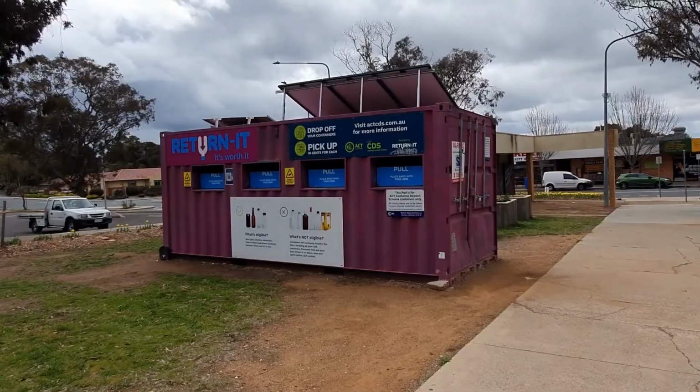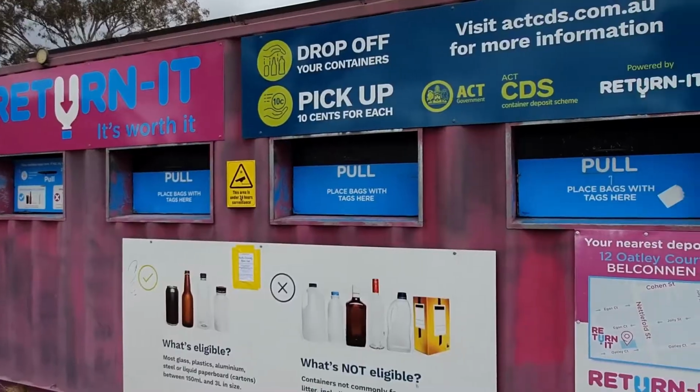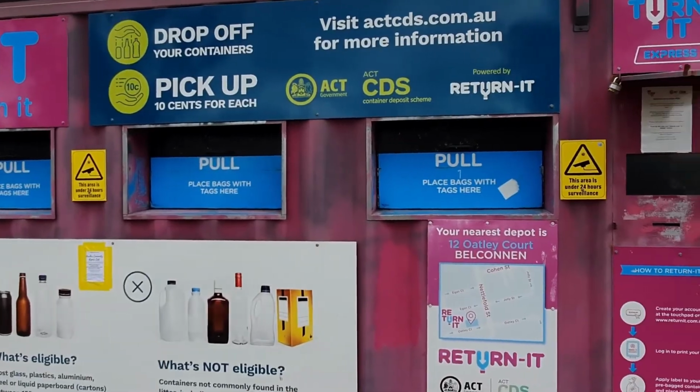It is a little bit of effort if you want to go in and do the recycling yourself at the centre, but you certainly do not have to do this. They've made it so easy to take part in this scheme. You can just collect your bottles and cans into plastic bags, and then you can sign up for the Return It deposit scheme, and then you can go to these local collection facilities where you can just dump